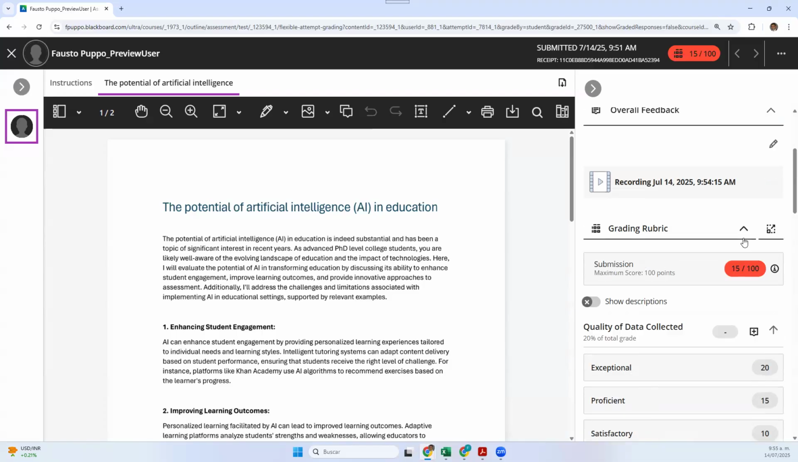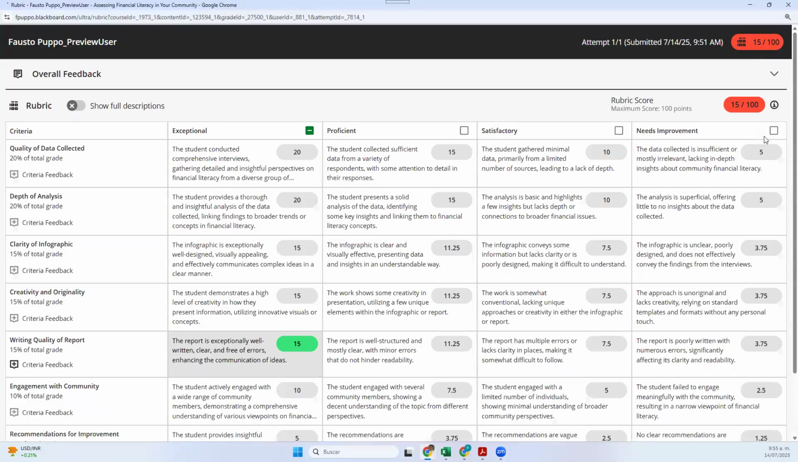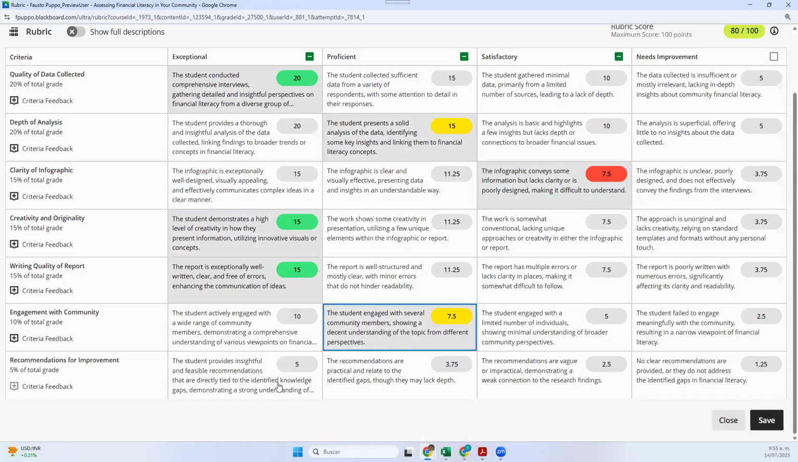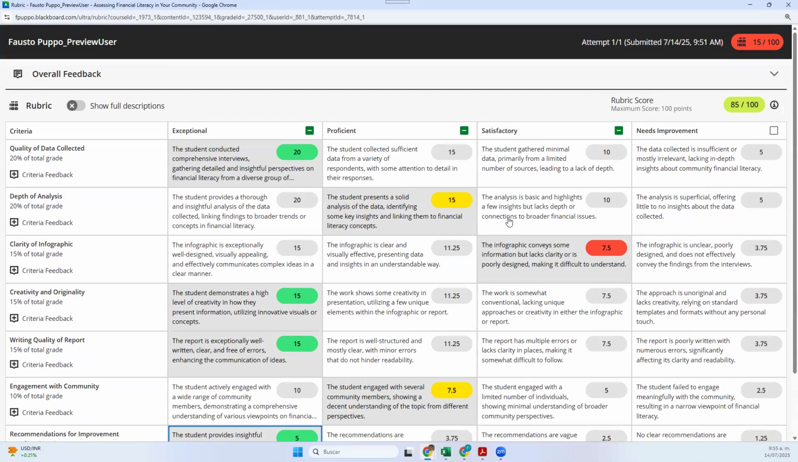Okay, I can also, as an instructor, click here with a grading rubric. I have this icon here to expand it, and now I can use it in full screen mode. Okay, so from here, simply, you can grade students' work. And now,